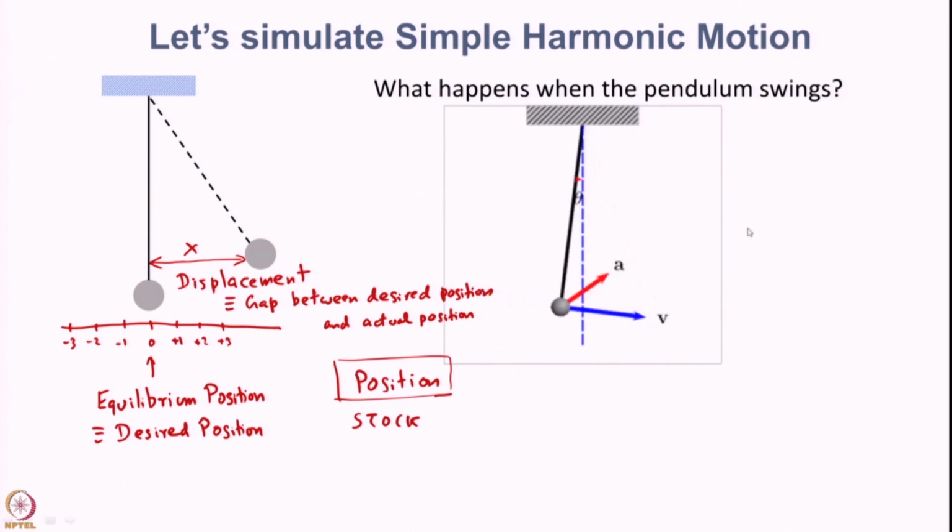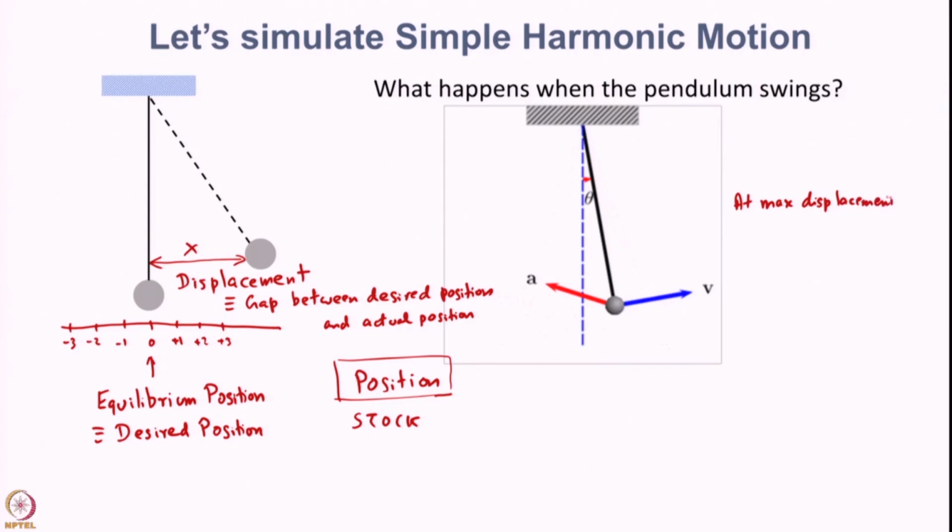That is, when position is at max displacement, the velocity is 0. Again, where did you get the velocity? The change in displacement is nothing but velocity, right. So, your dx by dt, or the change in displacement over time, is defined as the velocity, and at max displacement the velocity is 0,